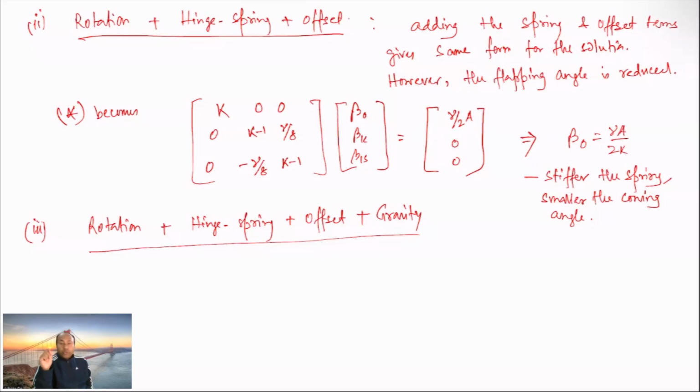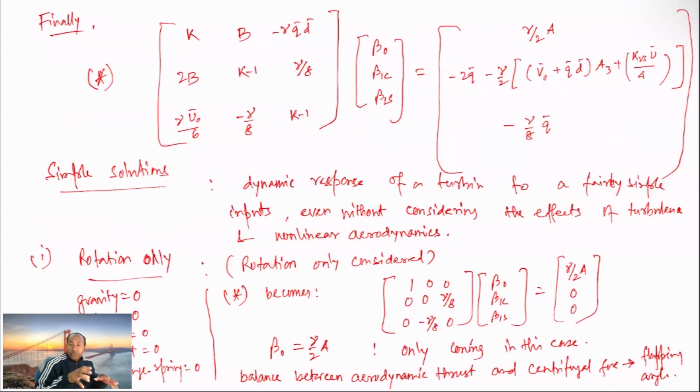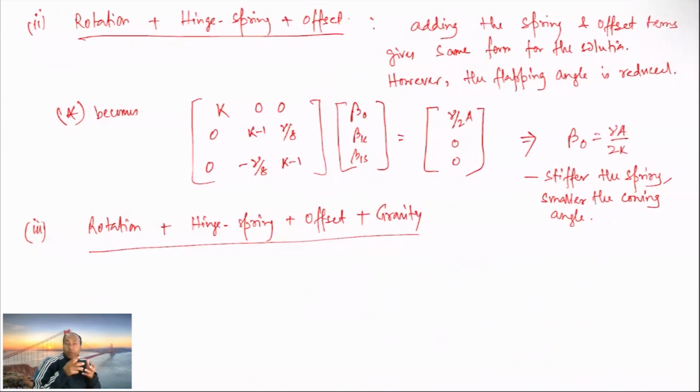Welcome back. So, we'll continue the discussion on this simple solution of this flapping equation. We have looked at two situations. One case which is only rotation, which leads to coning, and then we have included hinge spring and the offset. Now, what we would like to include is the gravity term. So, as soon as we include the gravity,